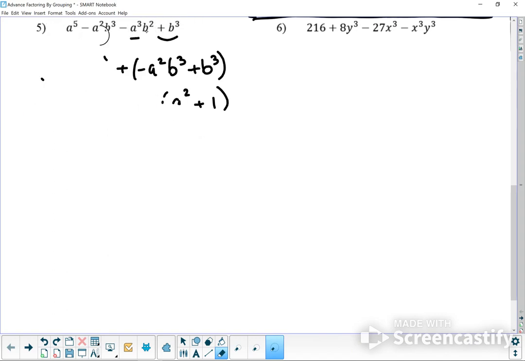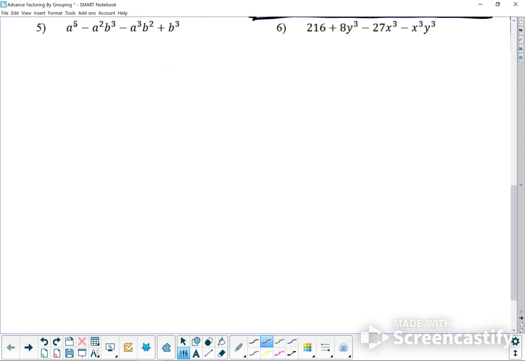So I group a5 with a2, b3, and I also group a5. So I did this already, right? So I tried this and this together, and that did not work. It almost did. I tried this recently, and it did not work. So let's try this. Okay, so we're going to go with